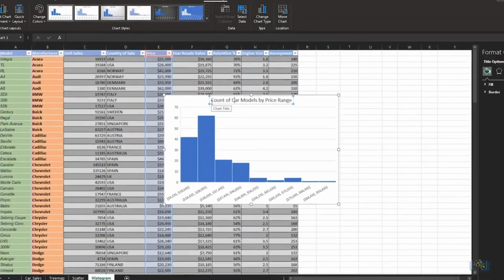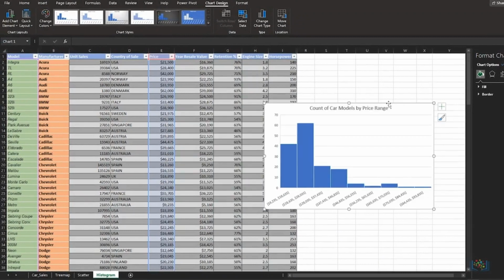Let's change the chart style to customize the look of the histogram. There are numerous styles again to choose from in the gallery. For example, here we've chosen Style 3. This style shows the count values of the individual rectangles for each price range rather than using a vertical scale